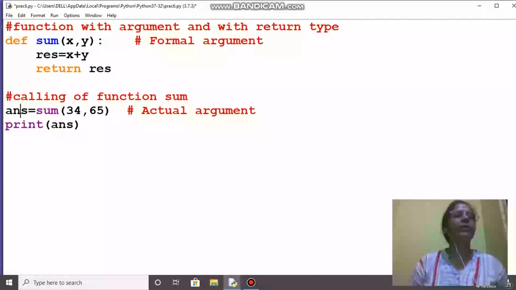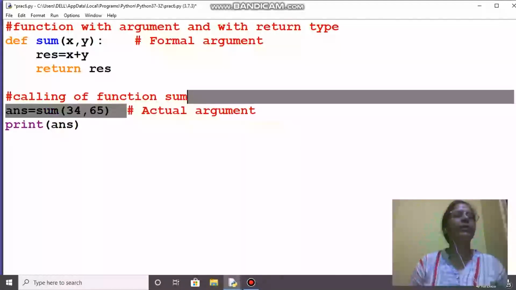getting the output. And there are various kinds of, you can see here something I have written in comment line. There are various kinds of arguments. That is, one type of argument is default argument, which we have discussed. Then we have other arguments, formal and actual.